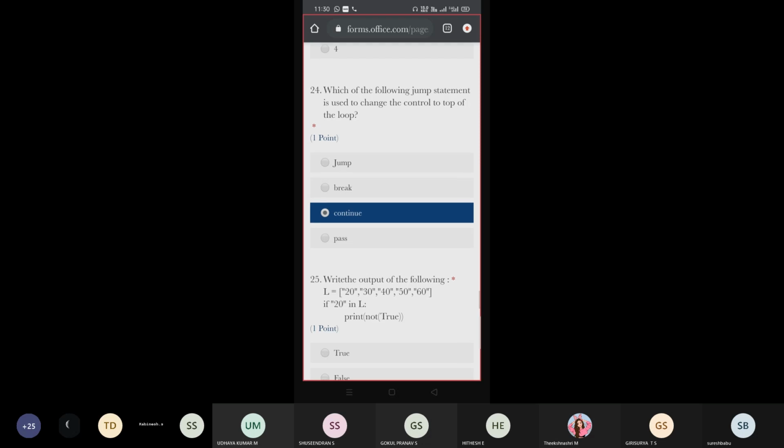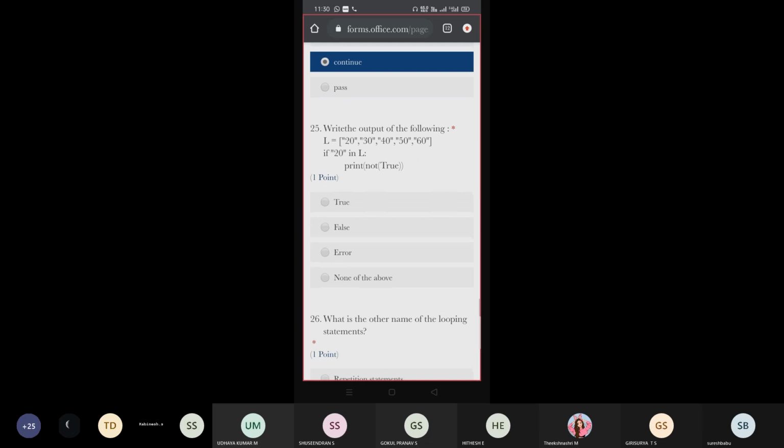Then the list elements: if 20 in L, 20 is present, so it is true. So it goes inside the print statement. We are printing not true. True means it will print true, but not true reverses the value and gives false. Understood everyone?